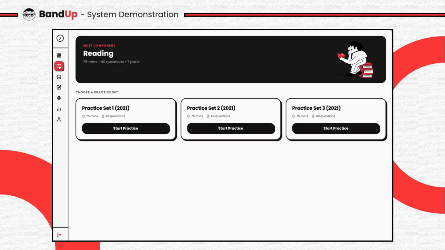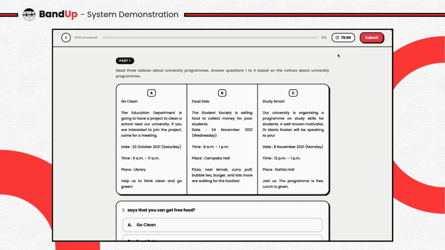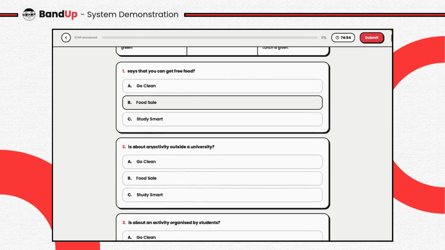Now let me show you the reading component. There will be a list of practice sets to choose from, so once chosen, the timer starts immediately. You will see passages across 7 parts, followed by 40 multiple choice questions.